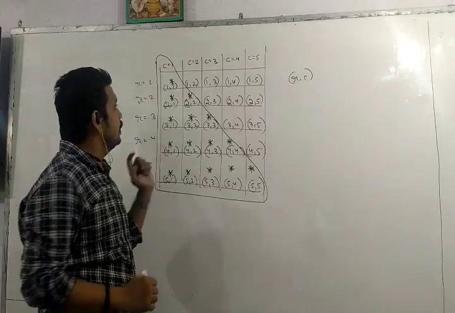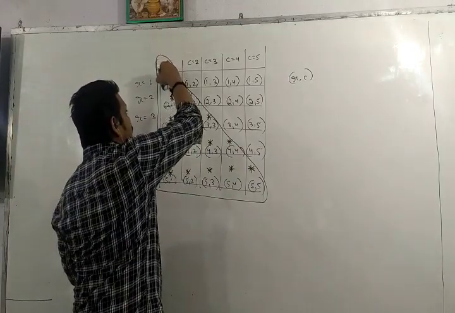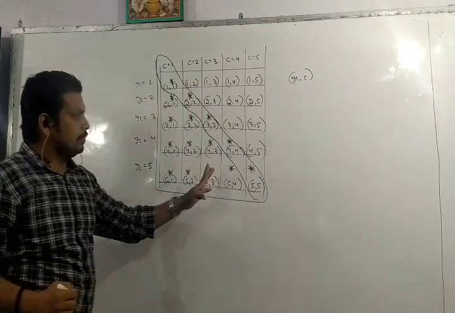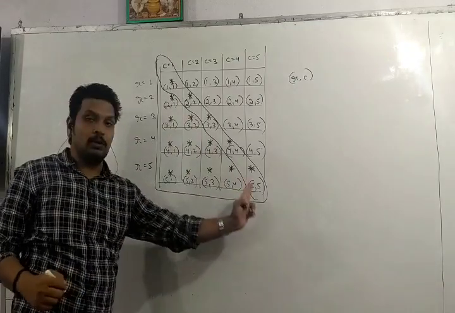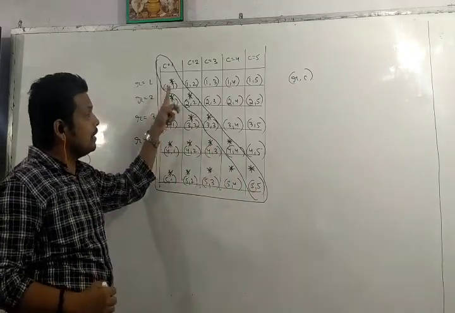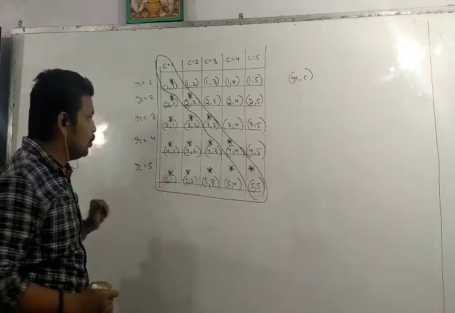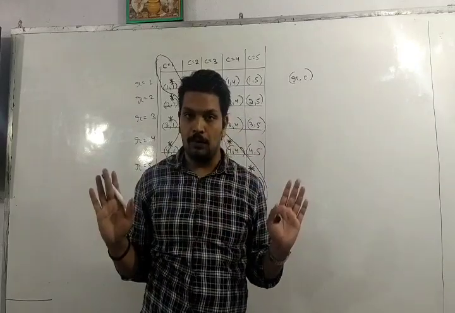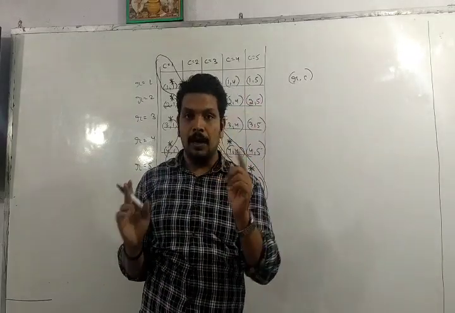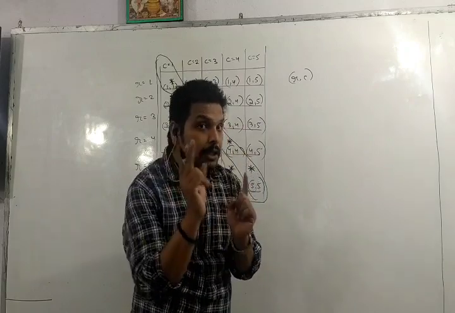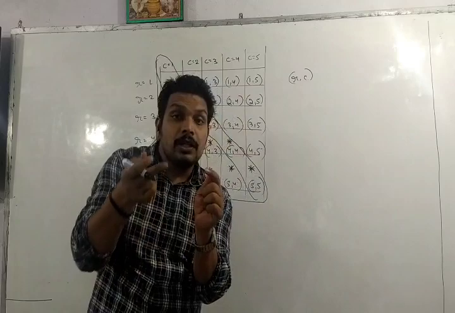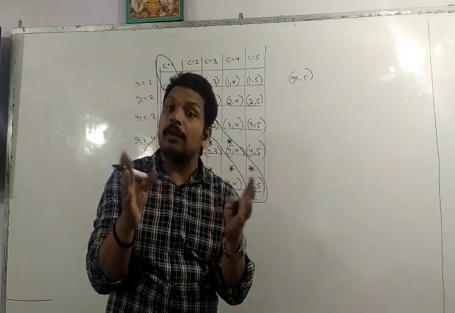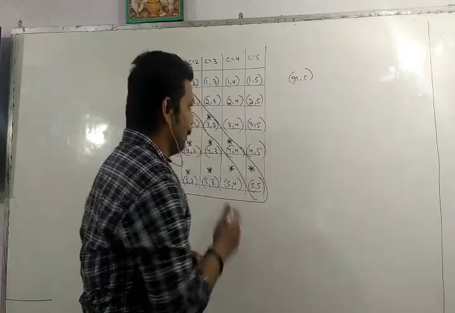Now listen, all of you. Just focus on the boundary element. Clear? Just focus on the boundary and see what is the relation between R and C. In every pattern programming we will use nested for loops, an outer for loop and an inner for loop. But we will try to determine the condition in which the star will be printed and in which condition the star will not be printed. We will find that.